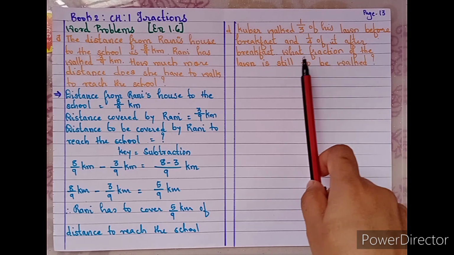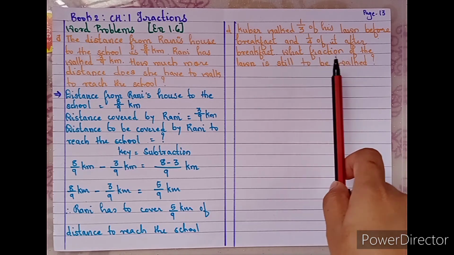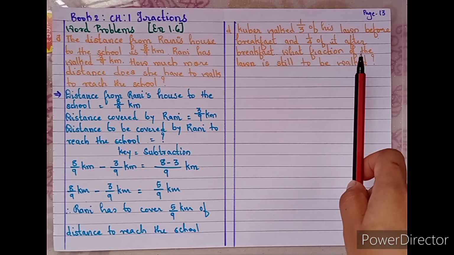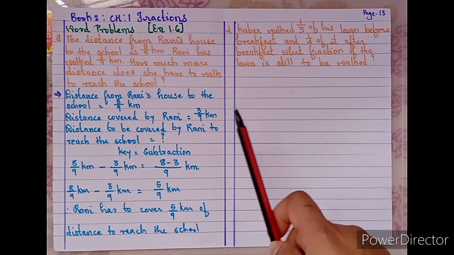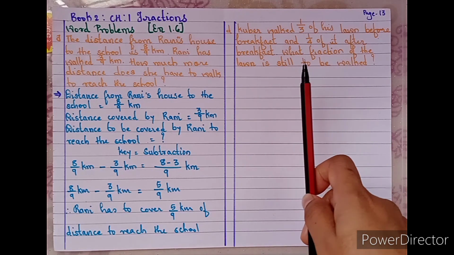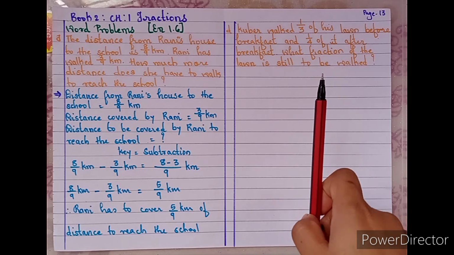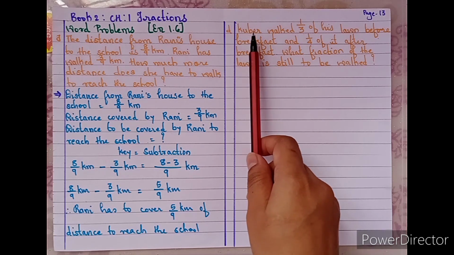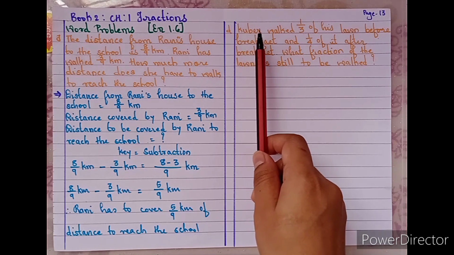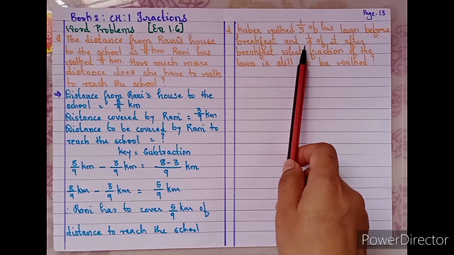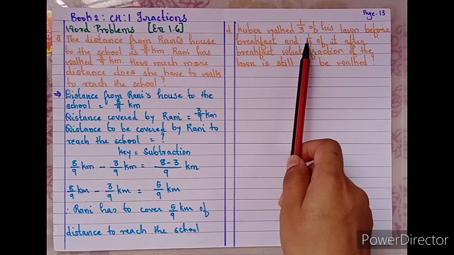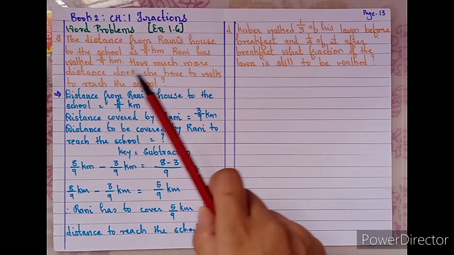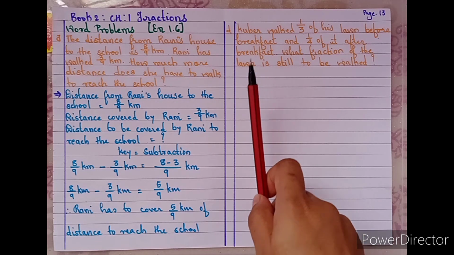By the question itself you will understand that the problem is about subtraction, isn't it? What fraction of the lawn is still to be walked means how much more is to be covered. When a keyword like how much more to be covered comes, we have to subtract. But before subtracting, we should first know in all how much distance, or what fraction of the part, he has walked. To do that, we have to add these two fractions together. That will tell us the fraction of the part he has covered in all, and that we have to subtract from the lawn, the fraction of the lawn.